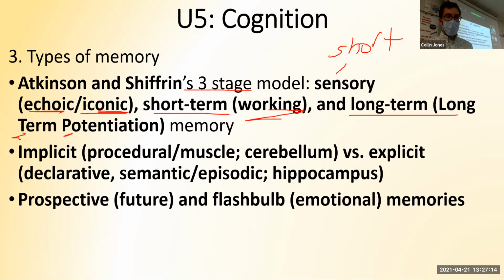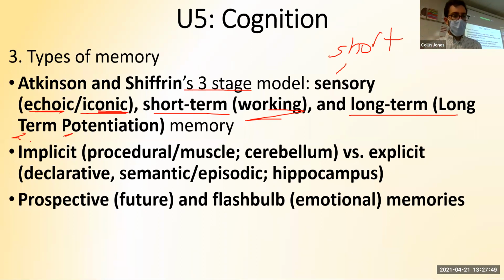Action potentials have gotten these neurons all twisted up. Long-term potentiation, that's when the neurons fire together and wire together. And that's when the memories are going to be in your mind for a very long time. So out of all the long-term memories, we have implicit and explicit. The implicit memories are body memories, procedural memories, actions that your body does. That was on the mock exam from last week. Muscle memories, it's stuff in your cerebellum having to do with balance and hand-eye coordination and movement.